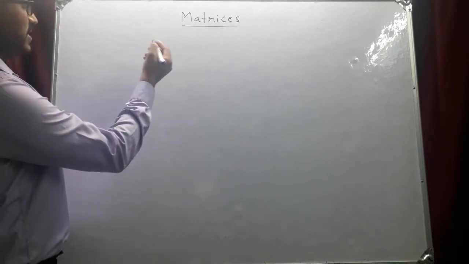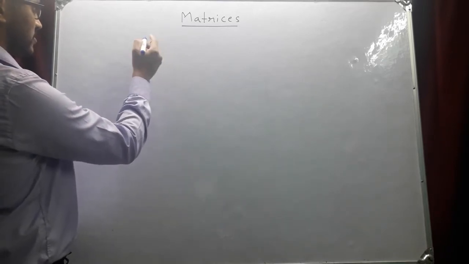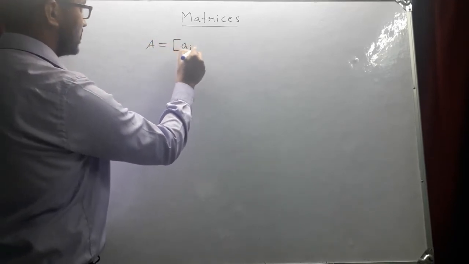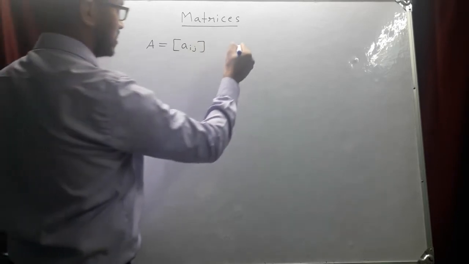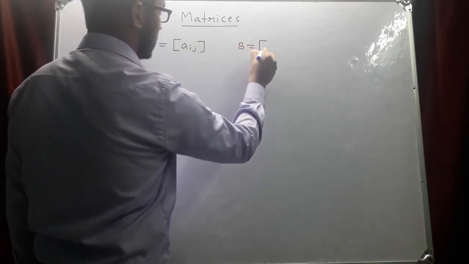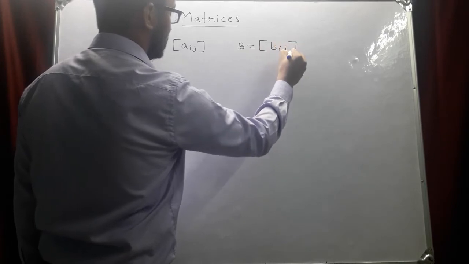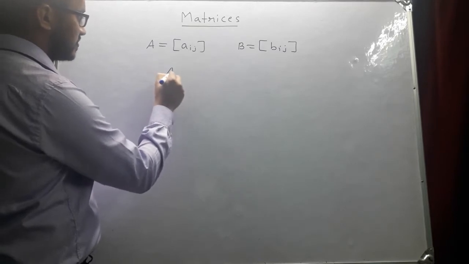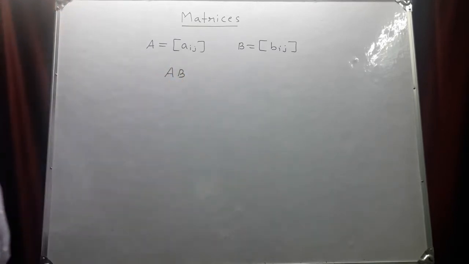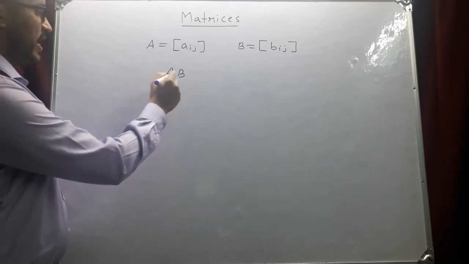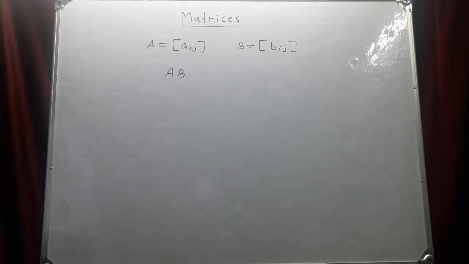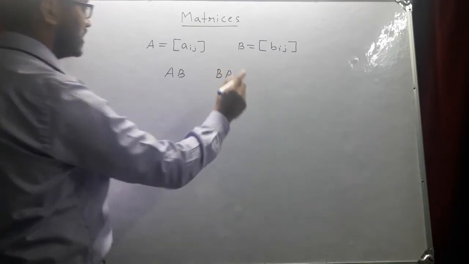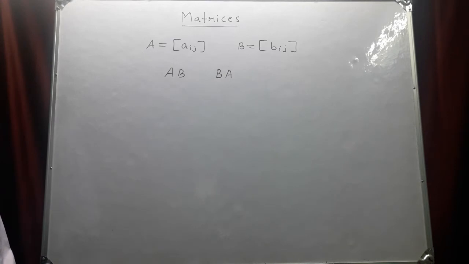Sometimes, suppose A and B are any two matrices. Consider A equals Aij as one matrix, and B equals Bij as another matrix. If AB is defined, that is, we can find the product of the matrices A and B, then it need not be that BA can be defined, that is, the product of B and A need not be defined. For example,